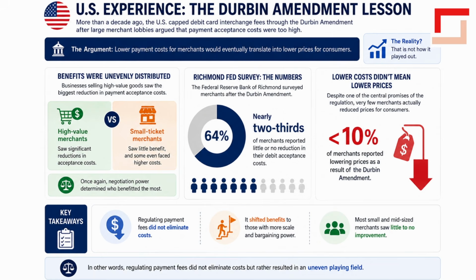Now, more than a decade ago, the US capped debit card interchange fees through the Durbin Amendment after large merchant lobbies argued that payment acceptance costs were too high. The argument was that lower payment costs for merchants would translate into lower prices for consumers, but that is not how it played out. One of the most cited post-Durbin studies, by the Federal Reserve Bank of Richmond, found that benefits were